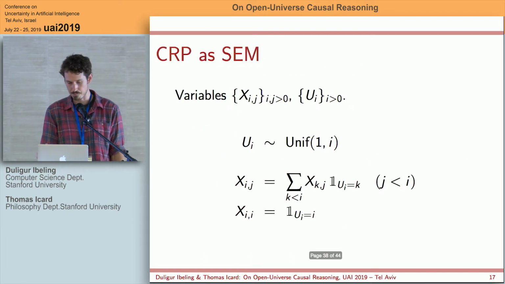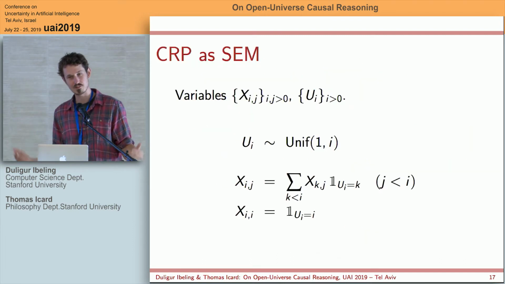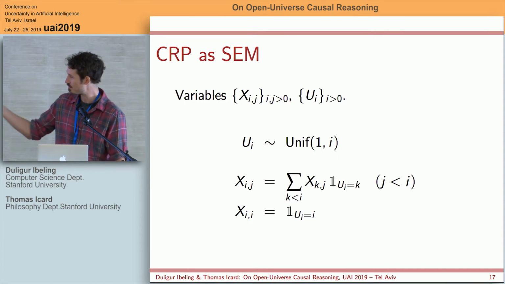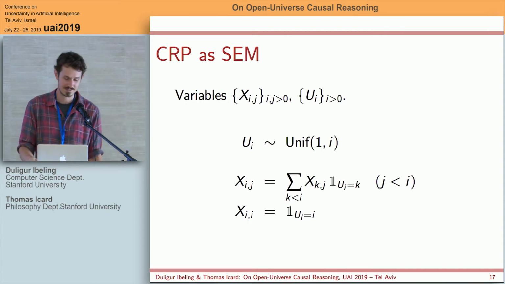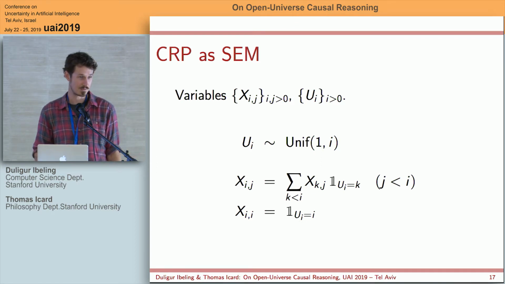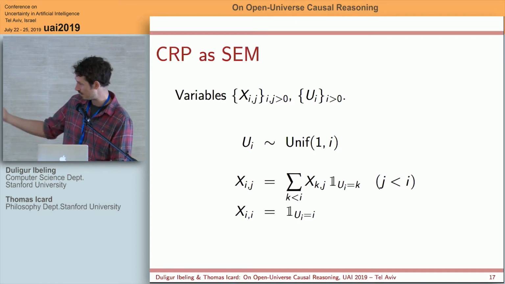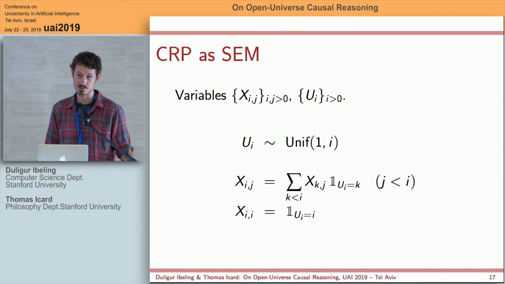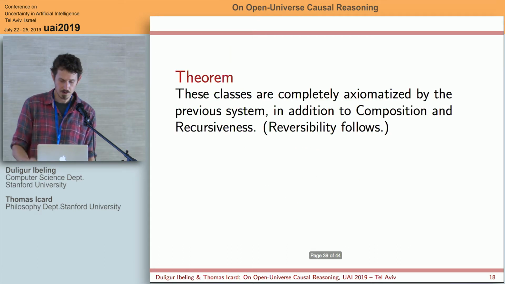So they're really genuinely notational variants of one another and can be used for all the same kinds of purposes, at least in principle. So then it's probably not surprising that we could just write, for example, the Chinese restaurant process as a simple little structural equation model, and all of those counterfactual claims that I gave before can be derived just in the usual kind of way with structural equation models. Okay, so